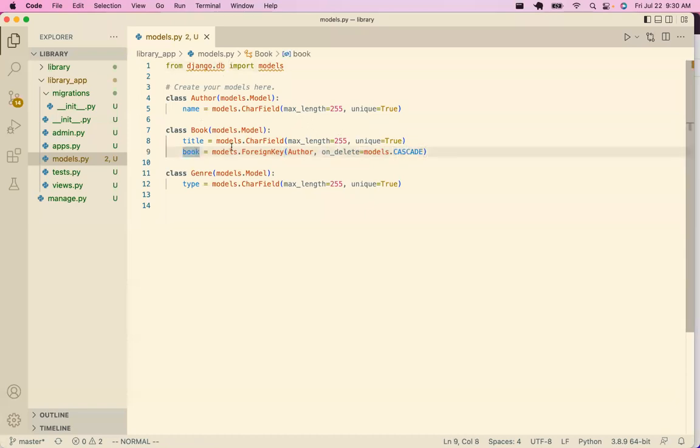I'm confused. I thought we were doing a many-to-many relationship between the books and the authors, and then we were doing the foreign key on the book for the genre. No, you're totally right. I may have gotten super confused along the way, and if so, I apologize. I think you're totally correct, Hunter. I got confused. So we want that